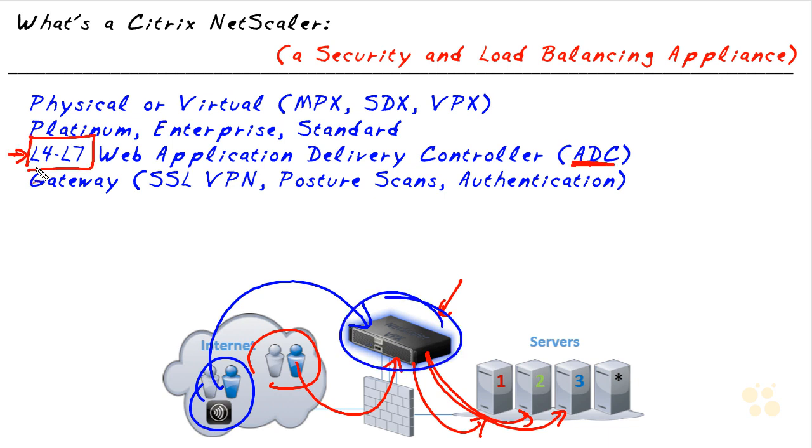And UDP and a few other protocols there, and everything higher than that is really the application layer. However, from an OSI reference model perspective, we're throwing in the whole kitchen sink there. And that's because the NetScaler does have the ability, based on virtually anything that's going on in the application layer as well as